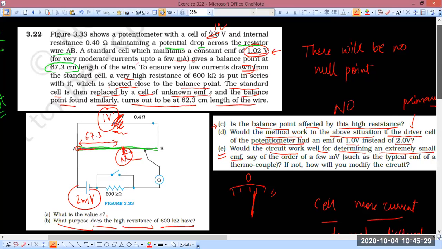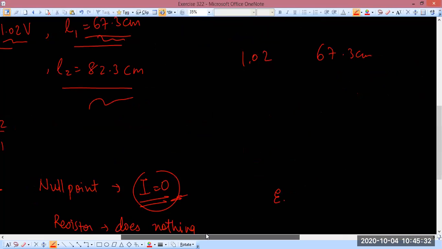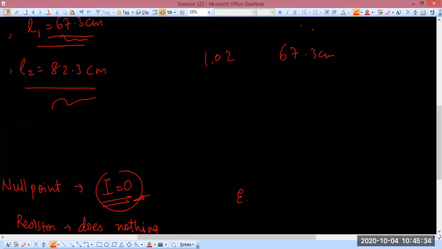Okay, not given. Let's assume that this is a 1 meter long wire. Right now, let's assume that this is 1 meter. So instead of 1 meter, now suppose you take 10 meters. Then that same 1.02 volt will now come at